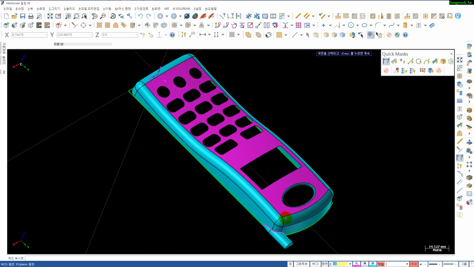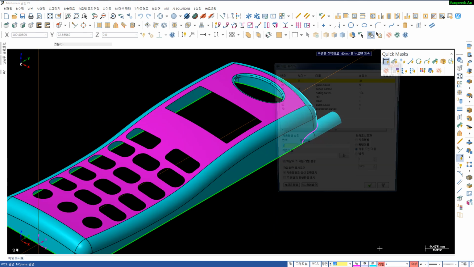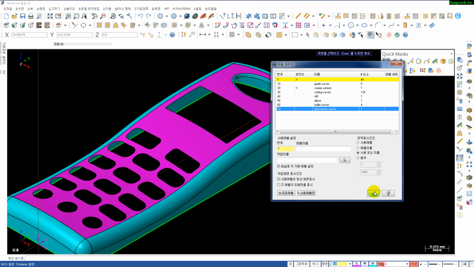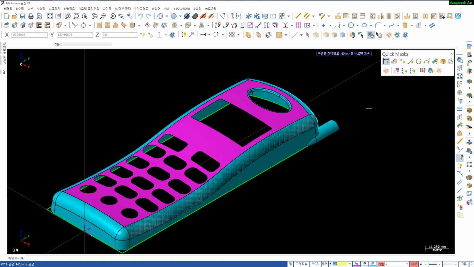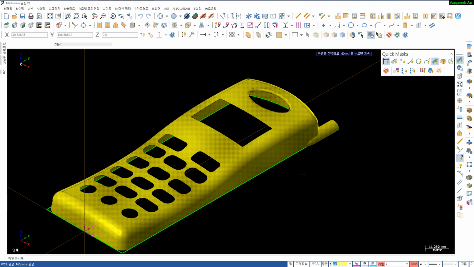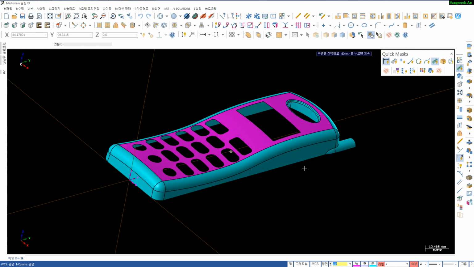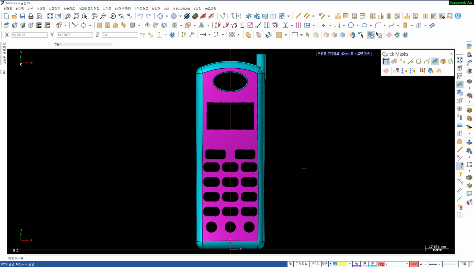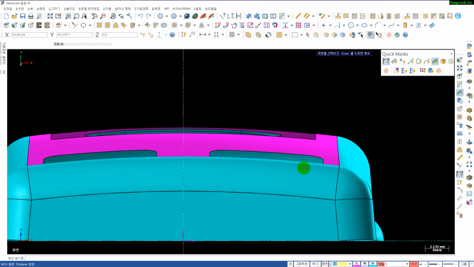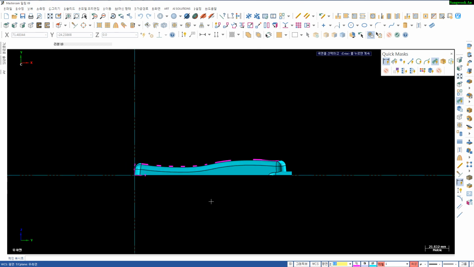Alt F1, isometric view, and make it invisible, and select only surface. Okay, looks nice. Top view, Alt F1, front view, right side view,